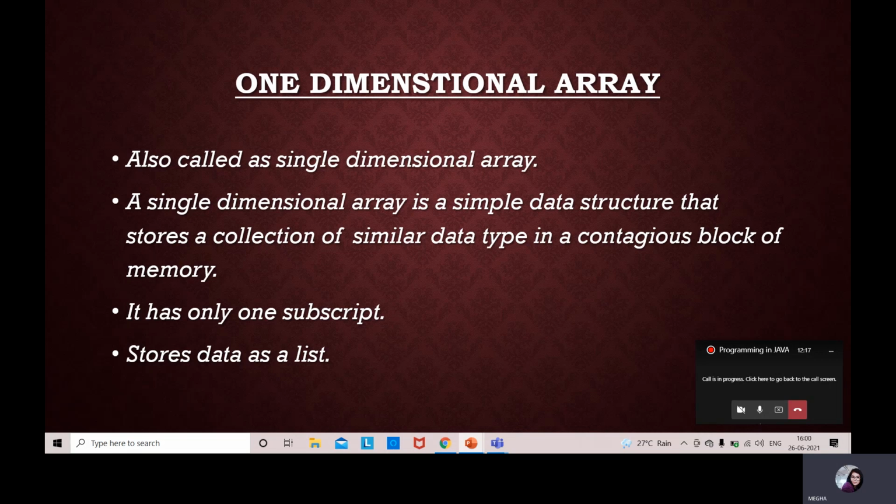So in a one-dimensional array, a set of similar type of variables will be referred to by a common name. This name can be user-defined. In this one-dimensional array, there will be only one subscript, and the variables stored will be in the form of a list. And the syntax for this is